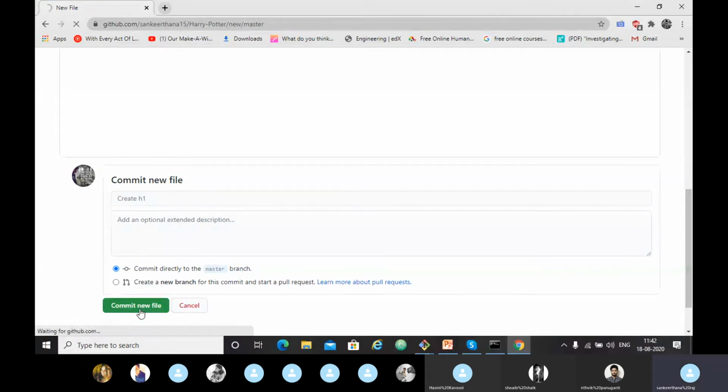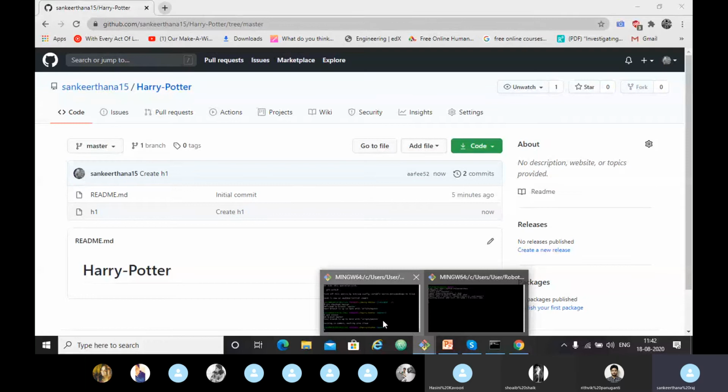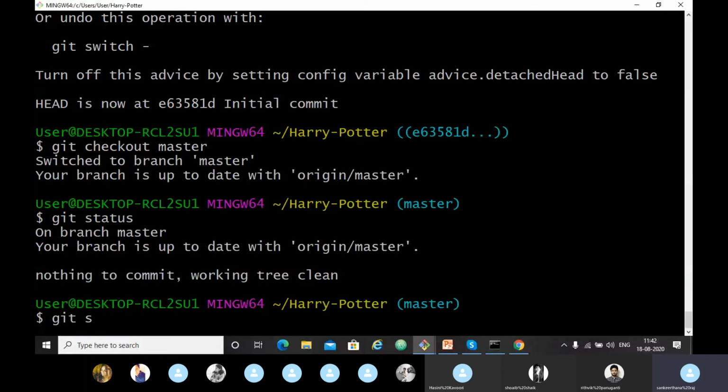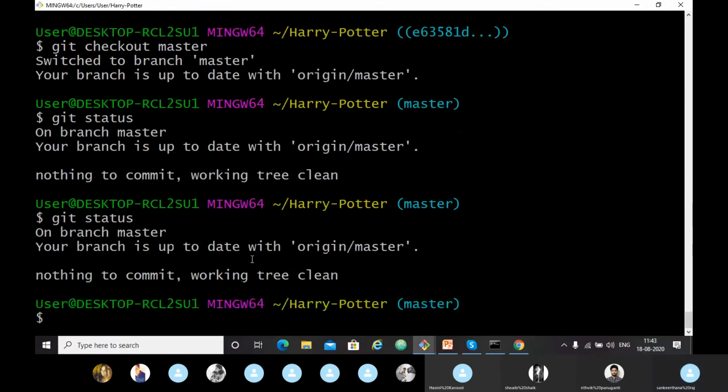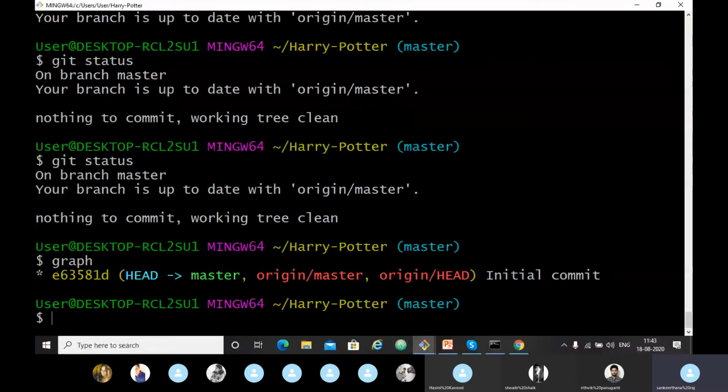We have created a new file h1. Then let's see it here. We have created a new file, but if we see git status, it shows there is nothing new to commit. You can also see it in the graph. Here also we can see only one commit. The second commit is not available here. We are not able to see it, but we have our second commit in our GitHub repository.